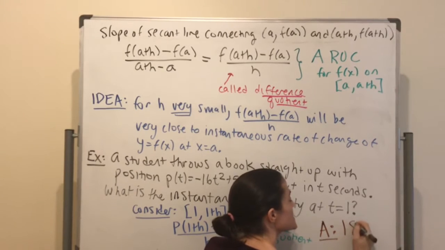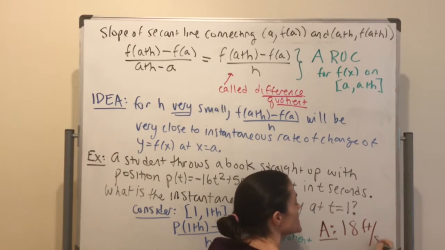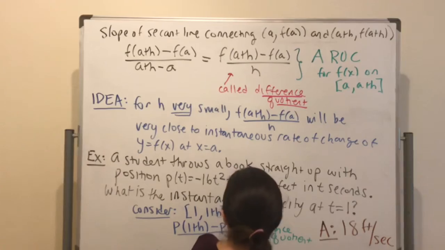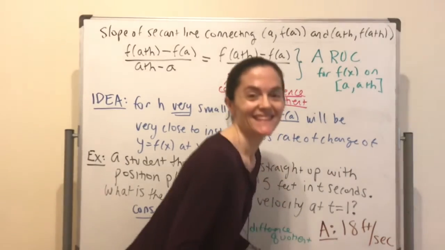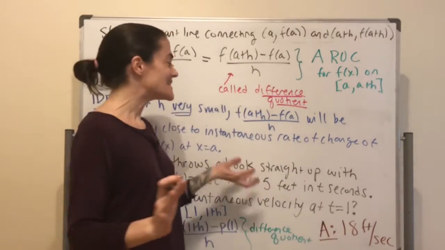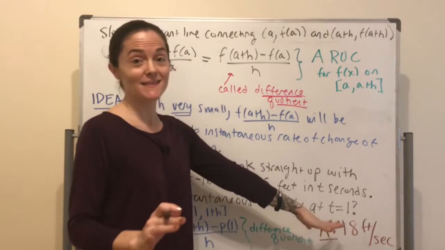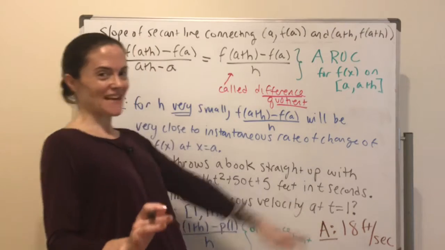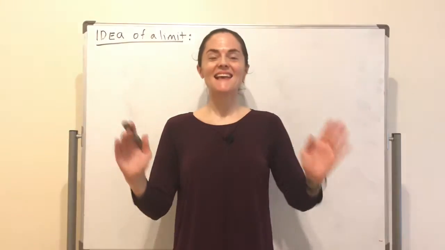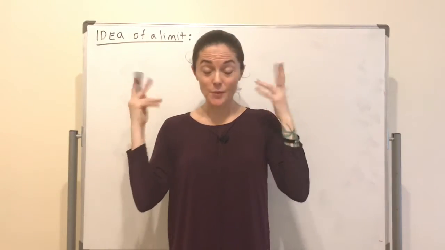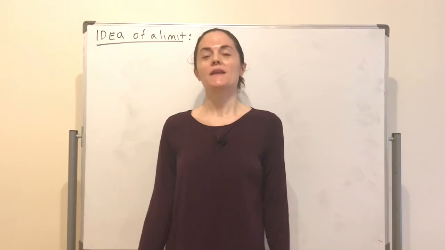The answer is 18 feet per second. Okay, now we will come back to this example later today and actually calculate this 18 feet per second. Today is our Prelude to Instantaneous Rate of Change